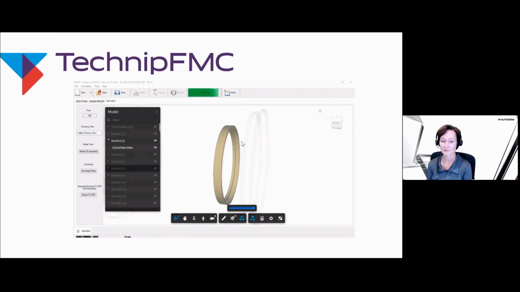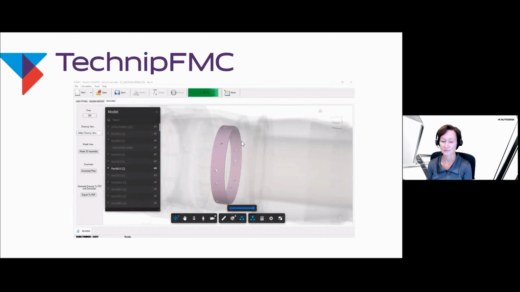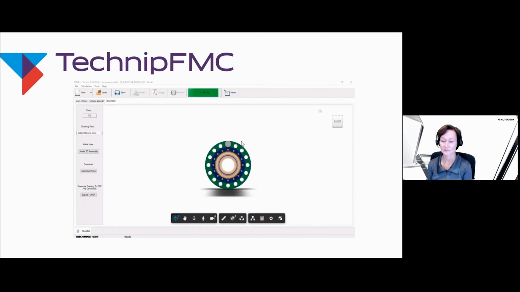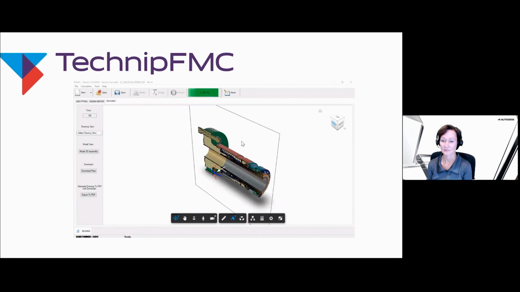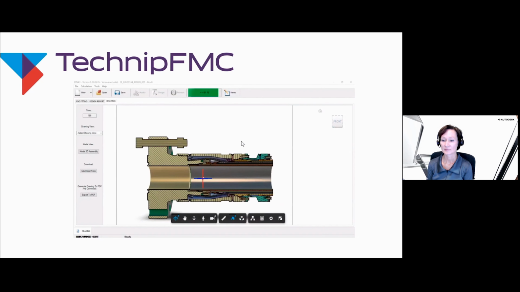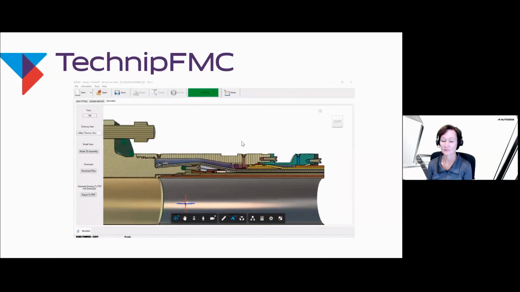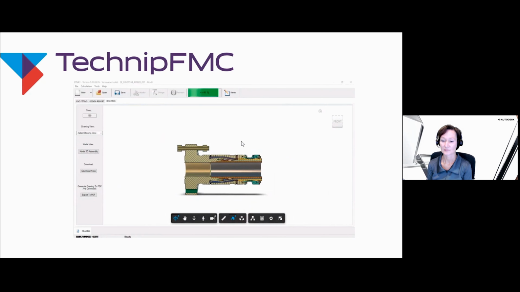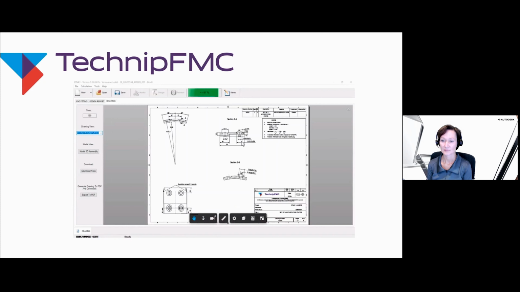We can see here the list of shop parts, the number of each part, and also the description of each one. We can also see all properties of each part. Here we can do a section analysis, Z section analysis, to see the model of the end fitting, all parts in the middle section or Z section.